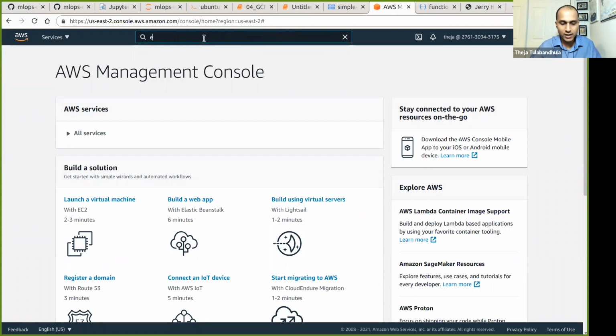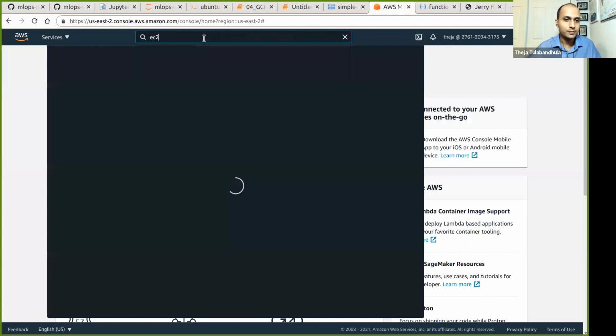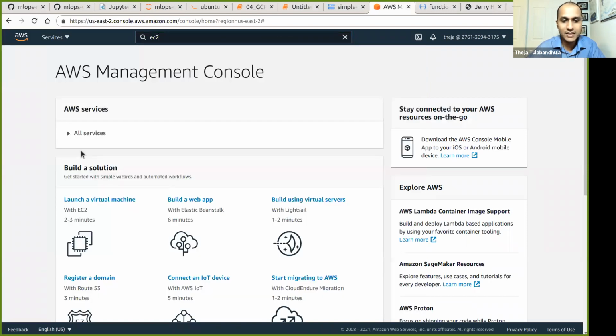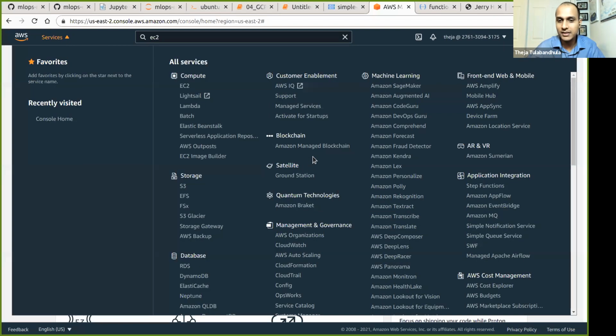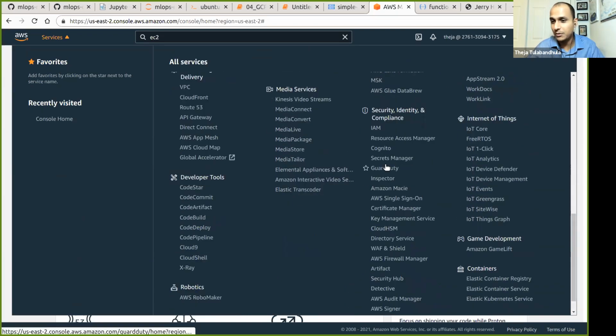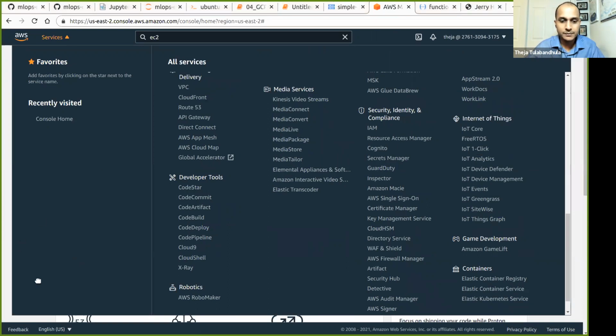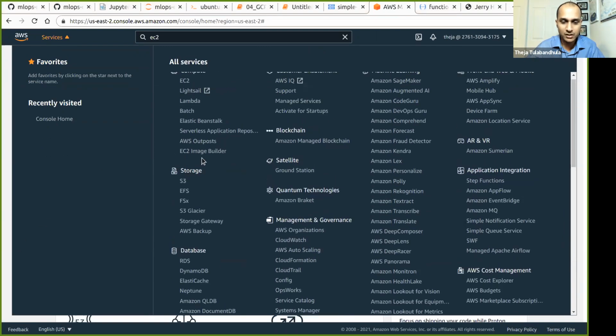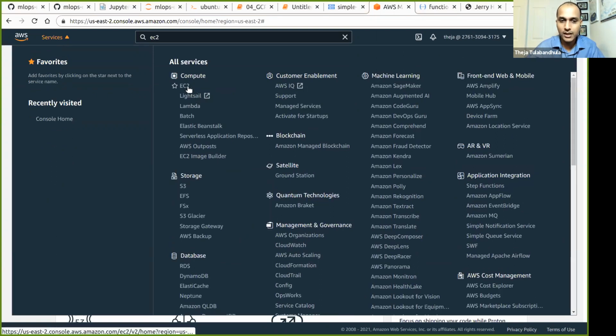And previously, what did we do? We went to EC2, right? They have changed the interface from the screenshot in our notes from last time. But basically, if you click on services, you will see all the services that were screenshotted there. You can see there are so many different things. Previously we cared about EC2, and today we'll be caring about Lambda, which is the third thing in this list. We may also look at S3 on the storage side as needed. So let's click on Lambda.